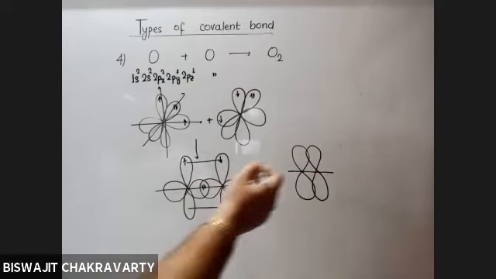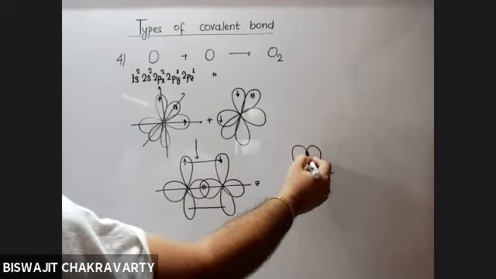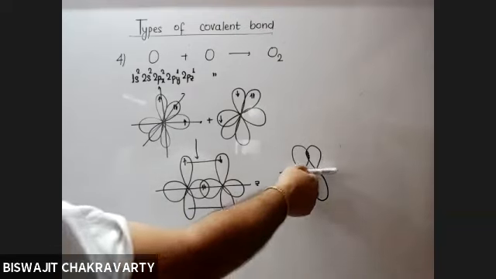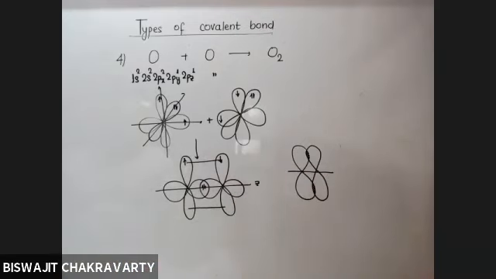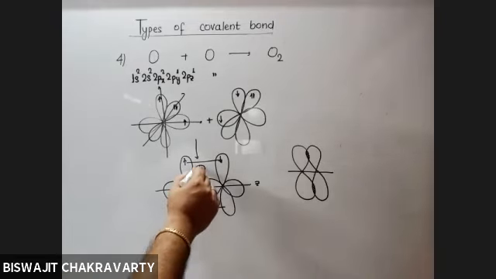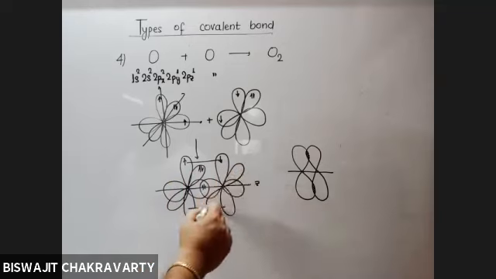The sidewise overlapping has two electron clouds, one above and the other below, not on the internuclear axis as we have been getting so far in sigma bonds. But even if there are two electron clouds, both the clouds are very, very small in extent of overlapping, and that is why pi bonds are very weak bonds. The third p orbital will not overlap because they have paired up electrons.